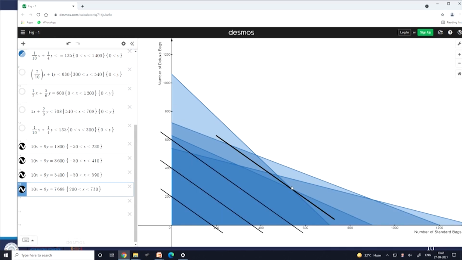This is the way to use your Desmos software for solving a linear programming problem graphically. Very important point, we go for the graphical method only when there are two decision variables. If it is more than two decision variables, that cannot be displayed in a two-dimensional figure. So, the graphical method is not suitable.